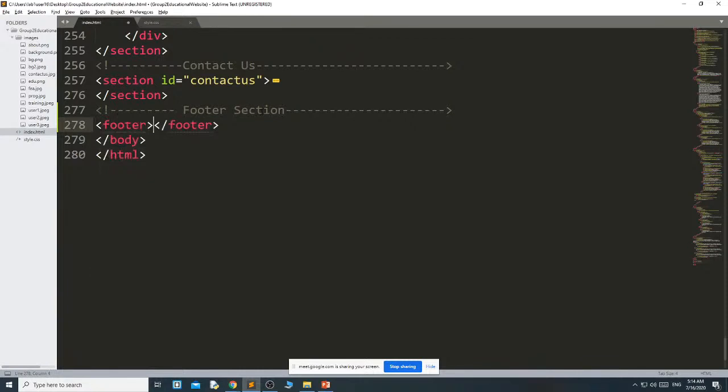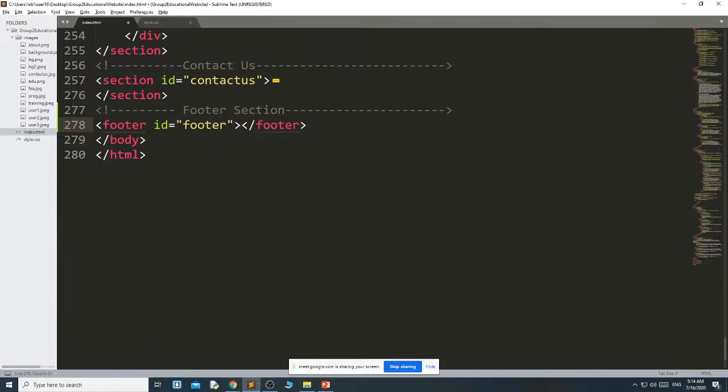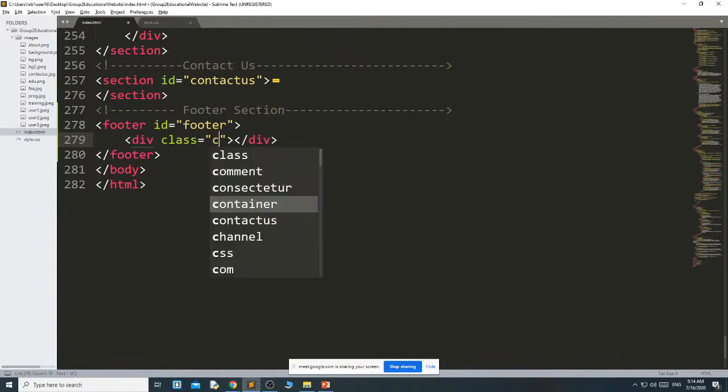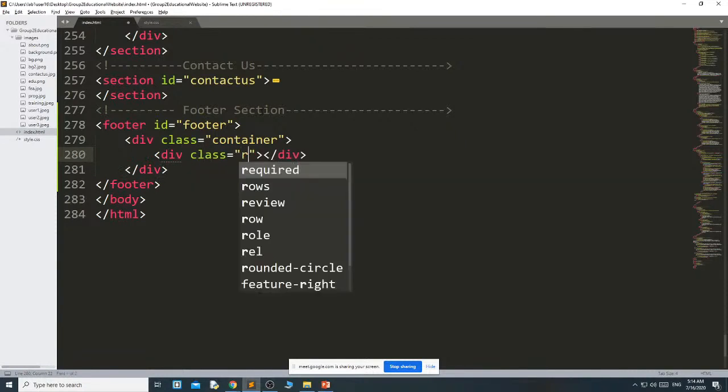Footer, no need to give the ID, but still we can give the ID, like ID I am giving footer. Inside this, first I have to declare one div, and the class is container. Then inside this container class, another div, the class is row.